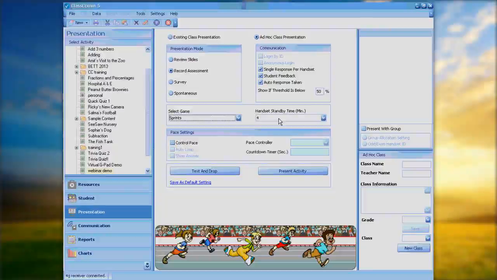You don't really need to do handset standby times. The handsets do turn themselves off after a short period. This is for power saving. And again, if there's quite a wait between questions, then you do need to remind people, make sure your handset is on, otherwise it's not going to send an